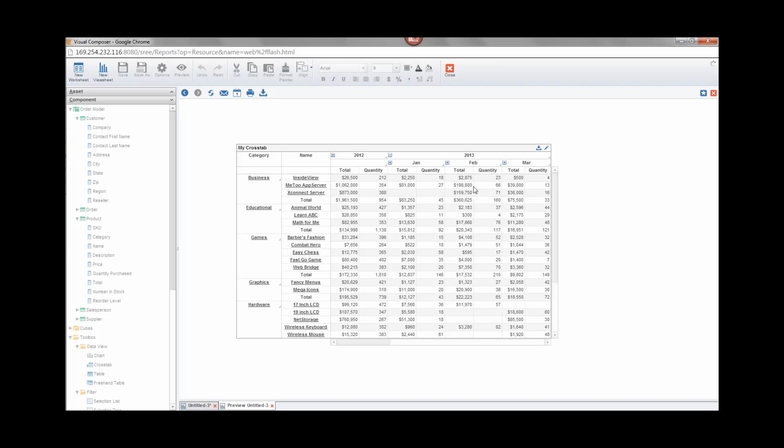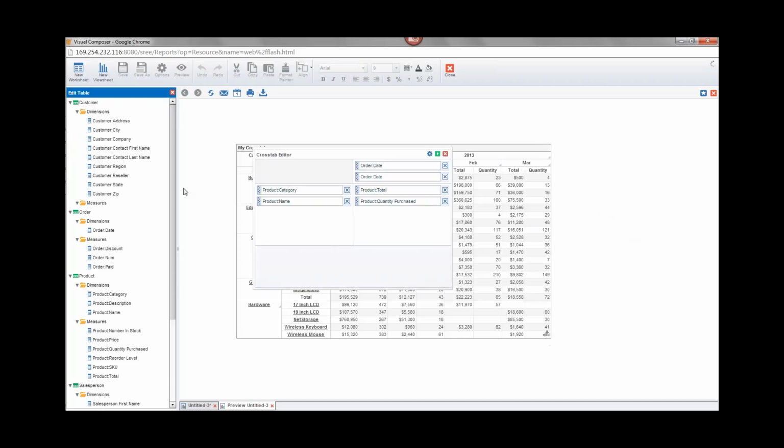You'll notice that it still has this edit button up here, and that's available to end users, right? So an end user, even if they don't have any of those form elements that allow them to change things the way we just did, can press that edit button and the crosstab editor pops up over here. They can make any change in the crosstab editor that we could do as a designer. So if they wanted to change the category field to something else, they could grab a different field, like, I don't know, customer address, and drag it in there, and that would replace the category field. And likewise, they could modify the ranking, and any other properties that you can change in the